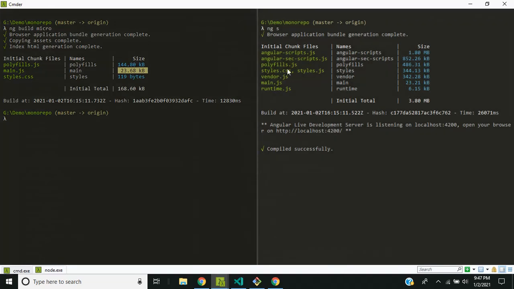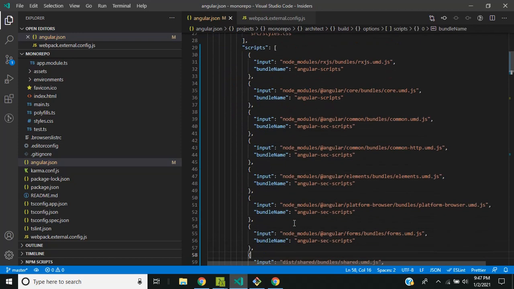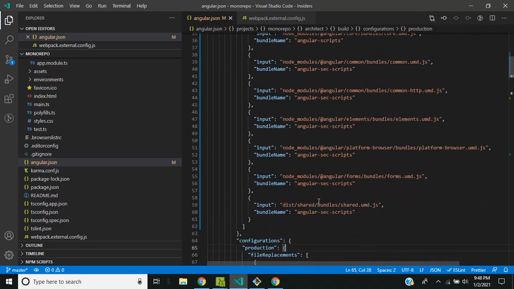I have also added one more thing in the script of the main application. Inside the script, I have added the UMD files for all these dependencies so that it will be created as a separate file called Angular secondary scripts and Angular scripts.